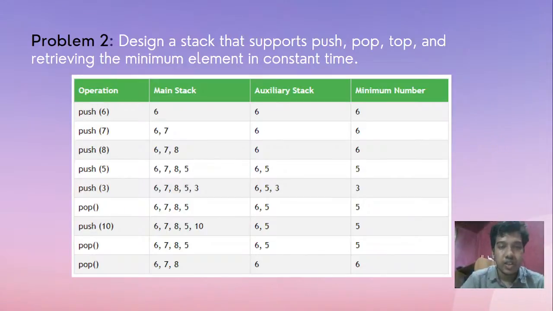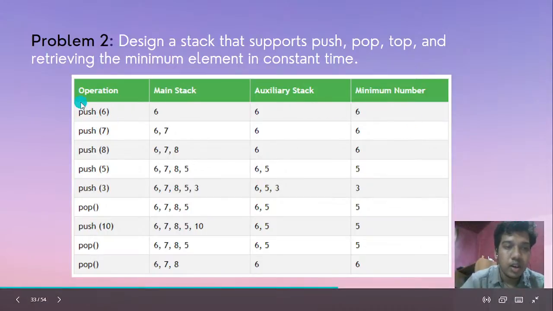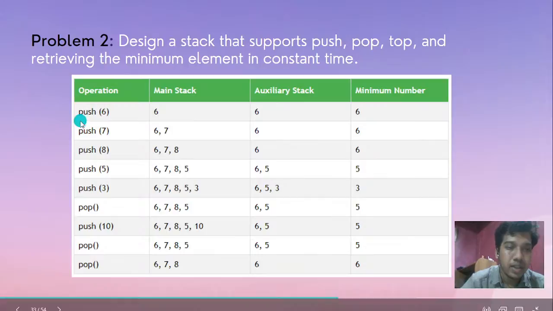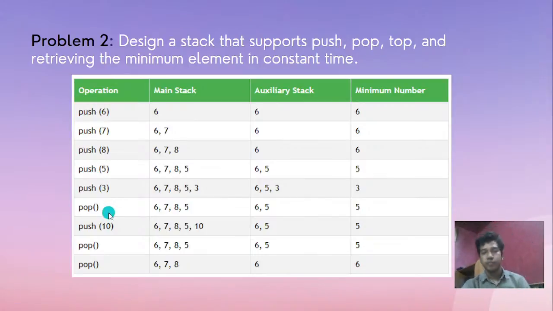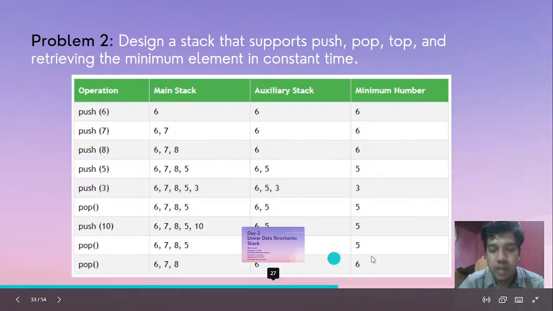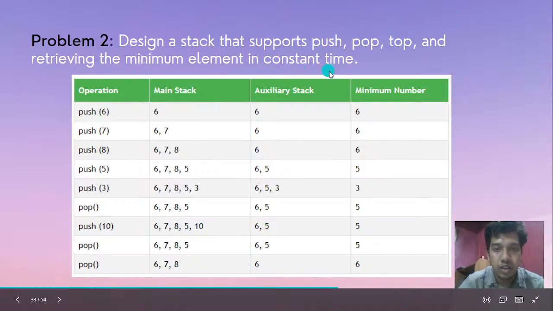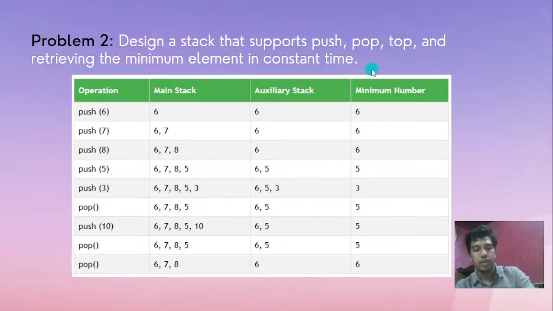So firstly we are going to make two stacks. In the first stack we will push all the elements which the user is giving, or we will pop the elements which the user doesn't want. These operations are performed by the user, like they will give us statements of what we have to push and what we have to pop. Here what we have to do is just check the minimum number and store that number in the auxiliary stack. Finally, whichever minimum number is stored will be returned as the minimum element in constant time. So this is the problem.